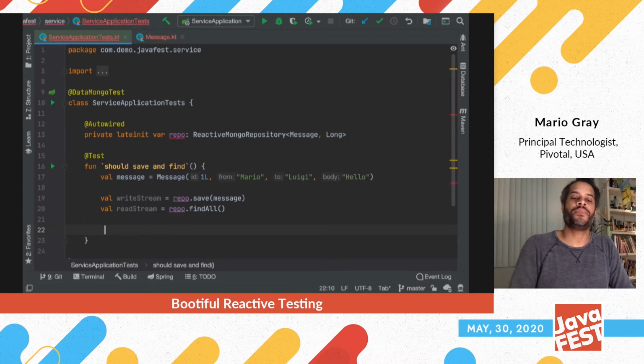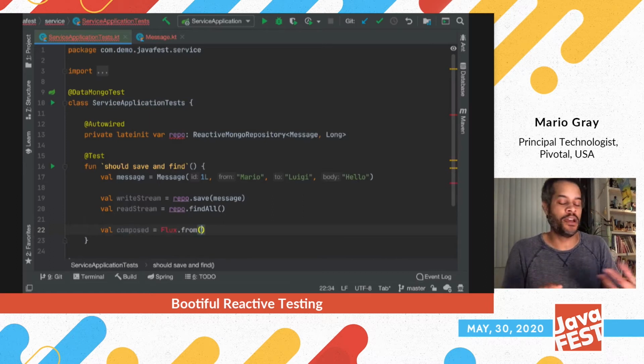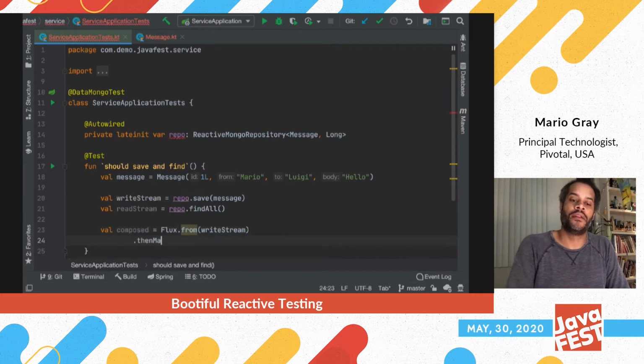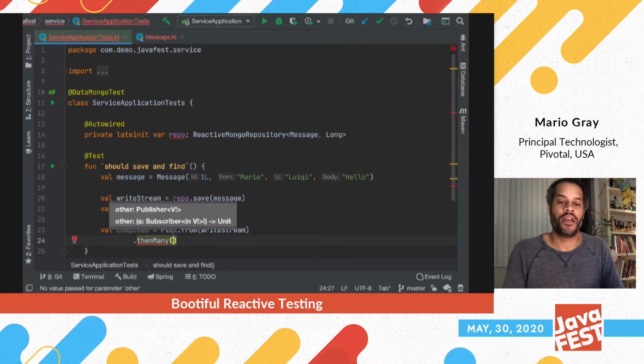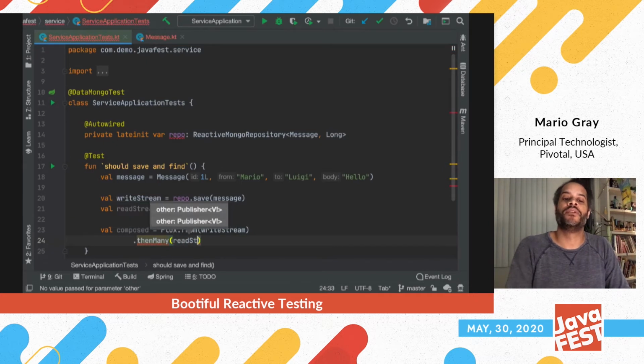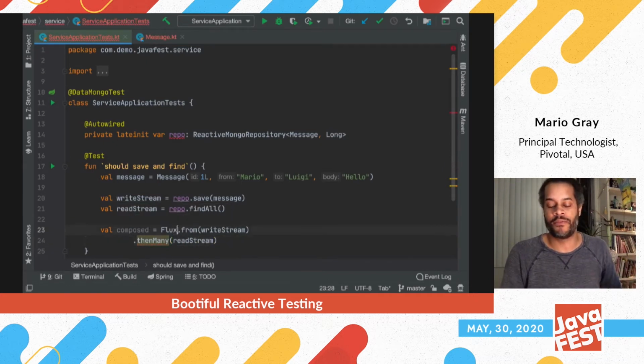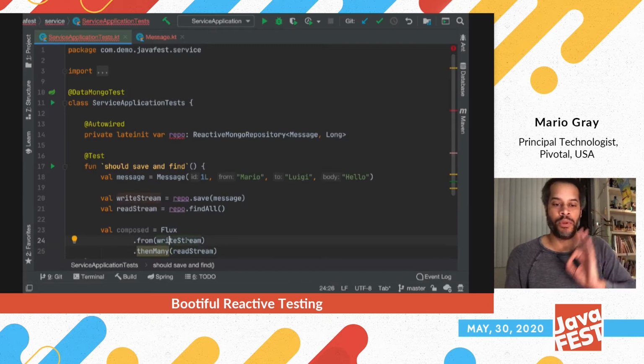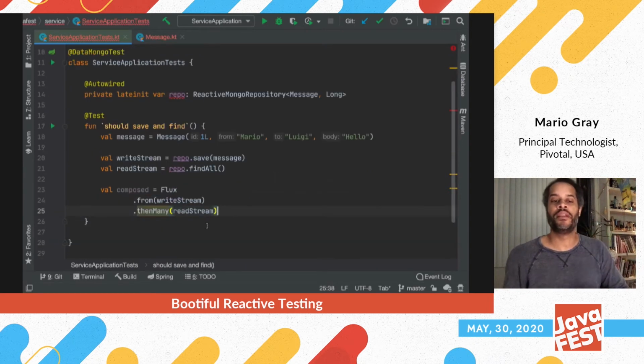Okay. So value composed is equal to Flux.from. So we're going to say, hey, give me a publisher from our write stream, and then thenMany, which says once the write stream is complete, don't pass the answer down. Then call the read stream and pass its answer down once it's complete. So this write will complete, we will throw away its answer, and then read will complete, and we will take its answer. So we only get read's answer here. Now,